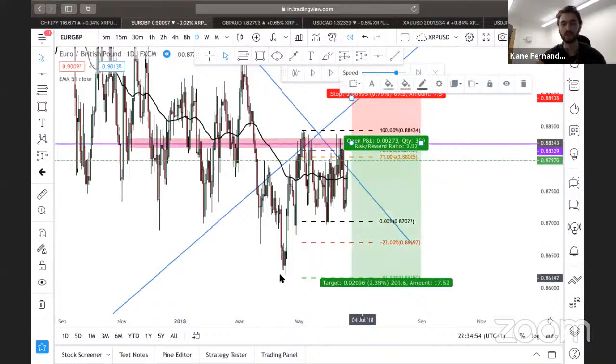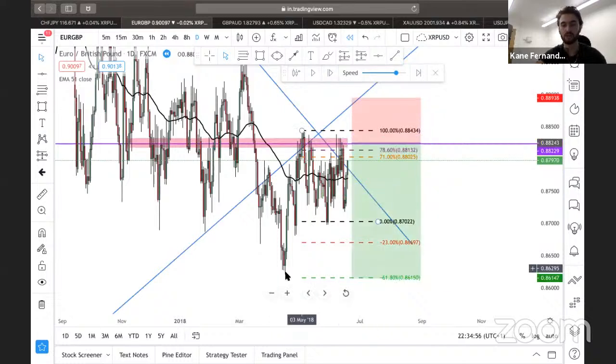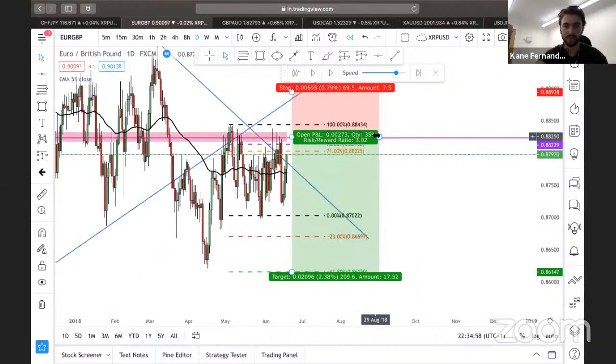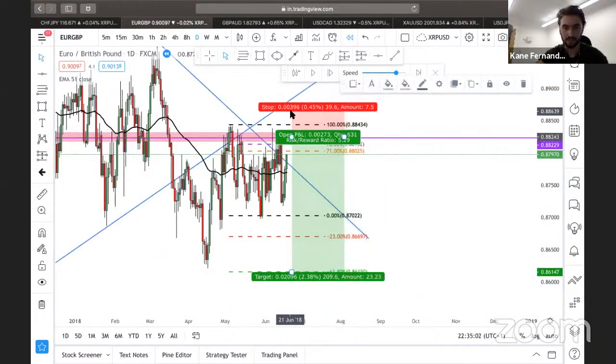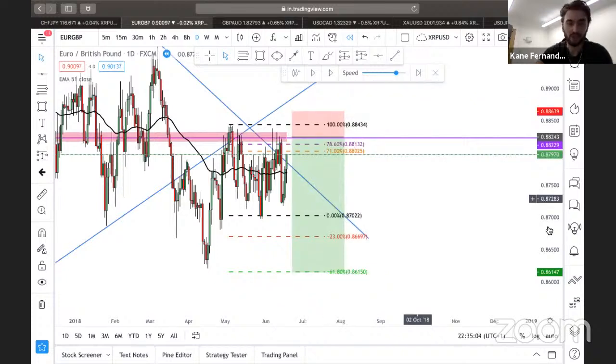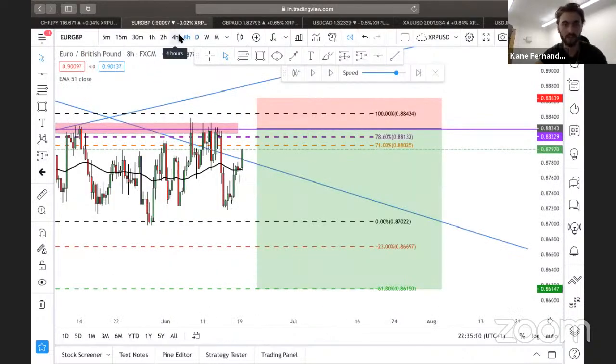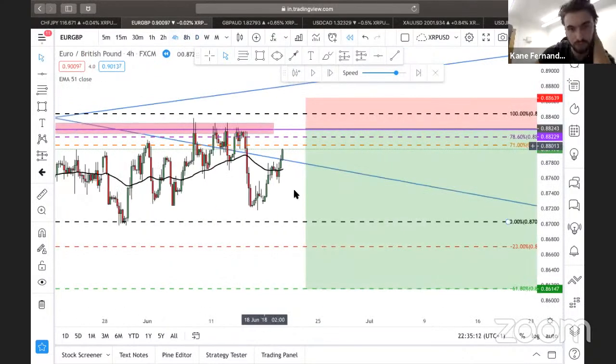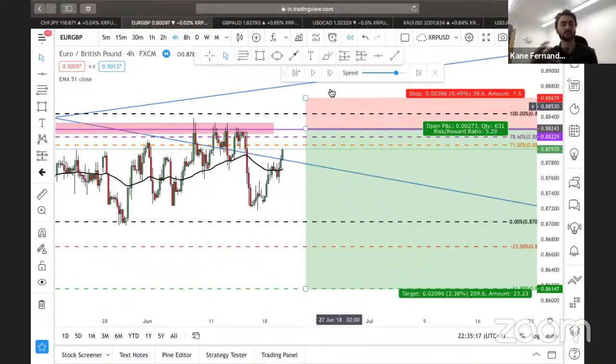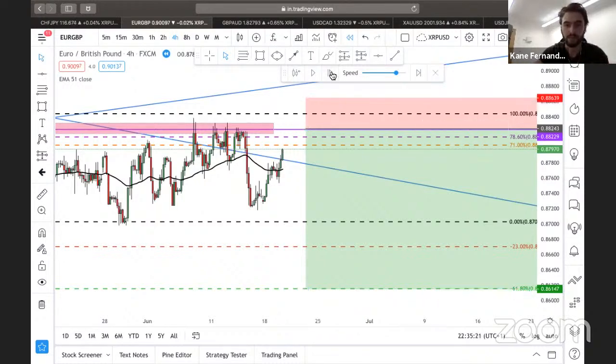And then that kind of equals the last low point. So that would be, let me just put this on, a 5.2 ratio. Let's see how this plays out. For entries, I'd be looking at 3-4 hour rejections. So let's wait and see if we can see a shooting star, spinning top, or a doji from the zone.